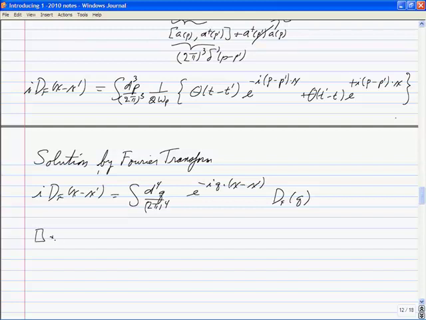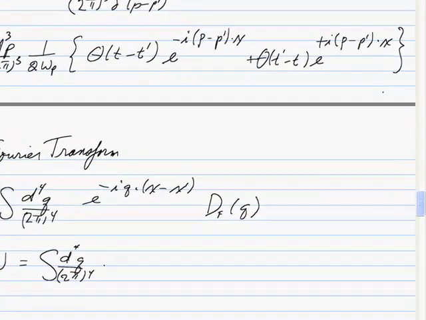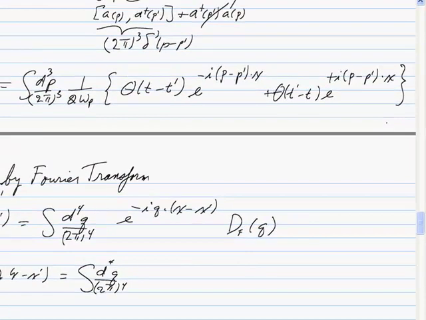So now if I take box plus m squared, so derivative with respect to x plus m squared on iΔF, well, it goes right through the d⁴q over (2π)⁴. When I take d by dt, it brings down q0. Remember, there's q0 and q vector. So maybe for once I'll write out all the components. This turns into minus q0 squared plus q vector squared plus m squared, times the exponential back again